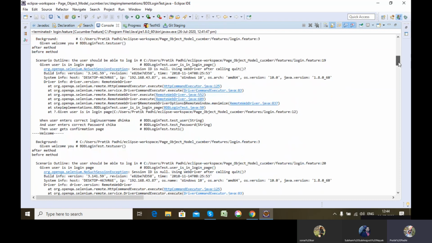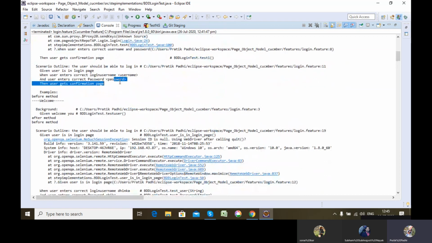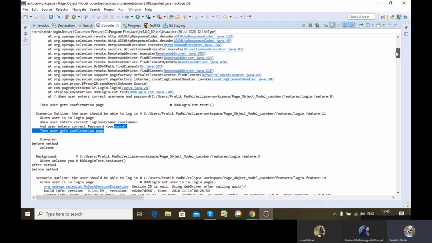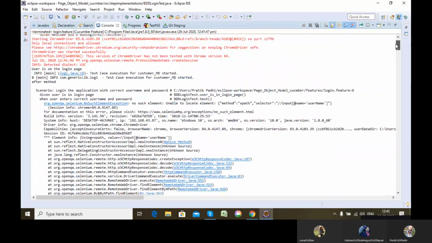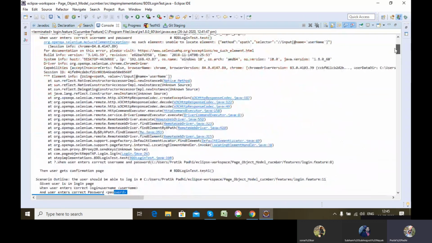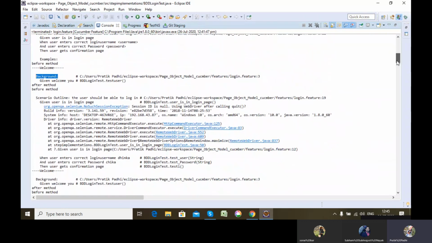And now see, here comes the scenario outline in which username and password are parameterized. You will see how many times this one has run. Because the scenario outline was parameterized for 3 sets of data, I should expect it to run 3 times. First thing executed for this is the before method, as I have told, then the background of the feature file, and the after method after that.